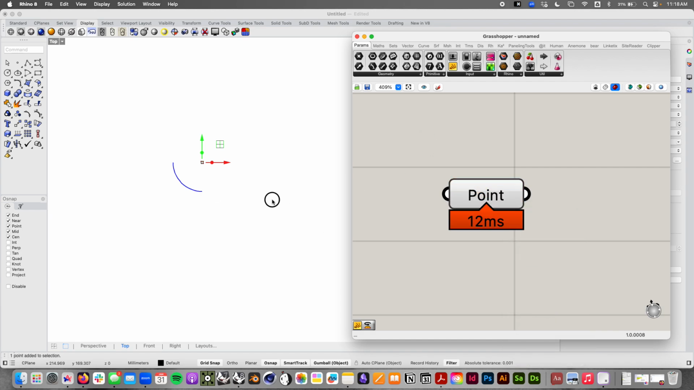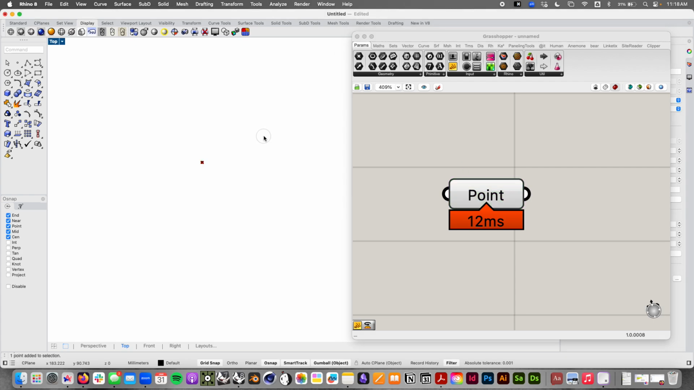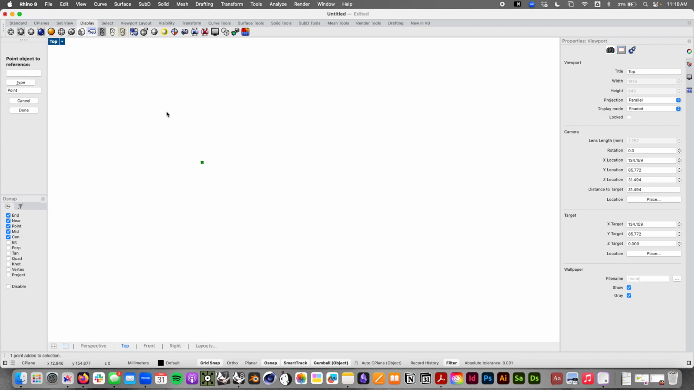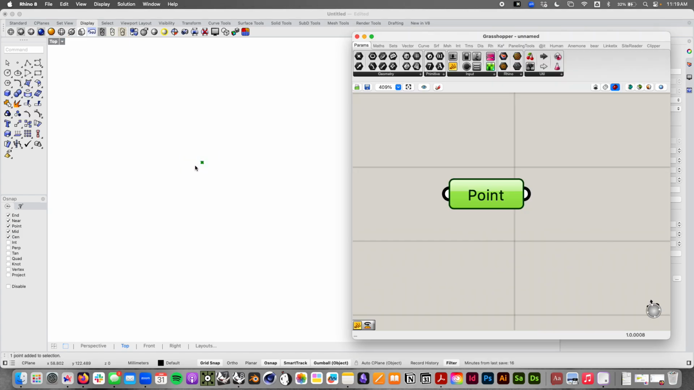Your Grasshopper window is probably going to disappear if you have nothing selected. So I'll do that one more time. Right click, set one point. Grasshopper is going to disappear and it'll prompt you to select that point inside of Rhino. So right now you can see in the command line it's saying point object to reference. It's asking you for a point. So you can just click and drag a little window over it or select that point, and now it's linked